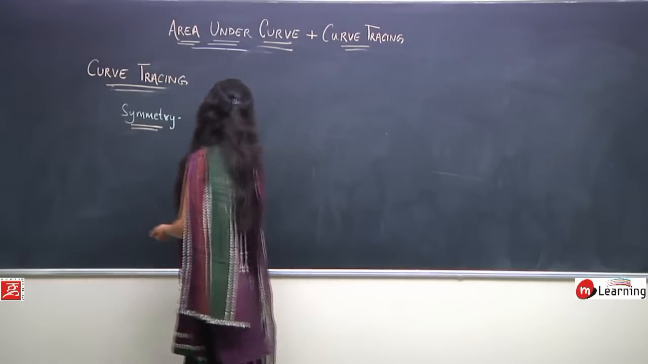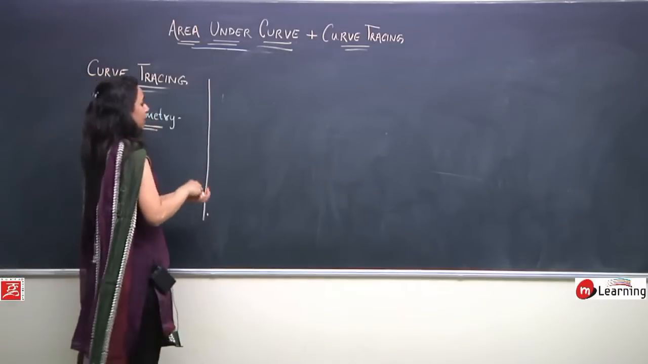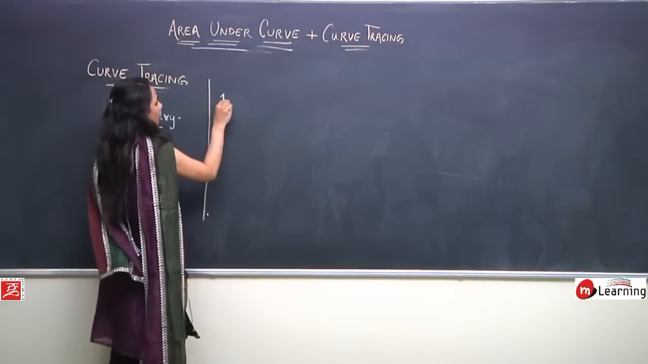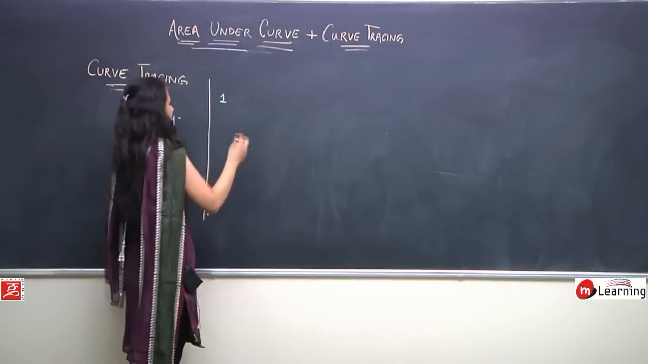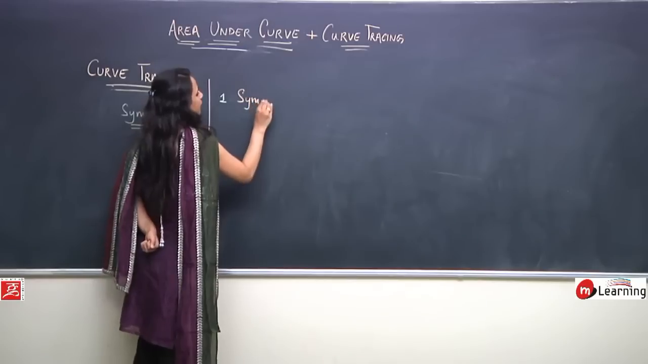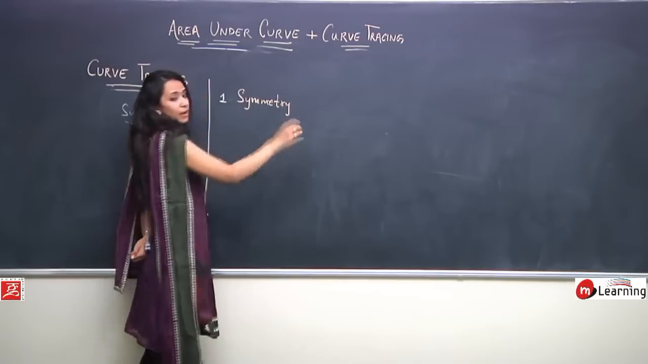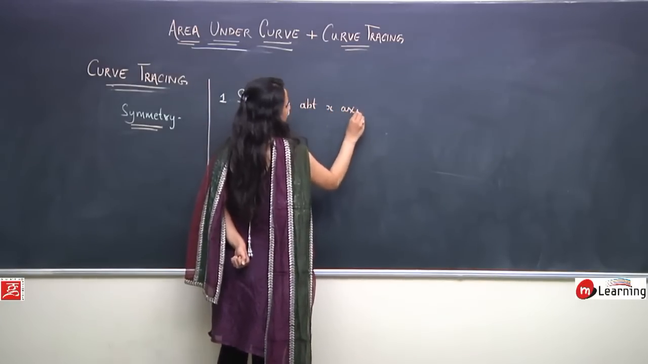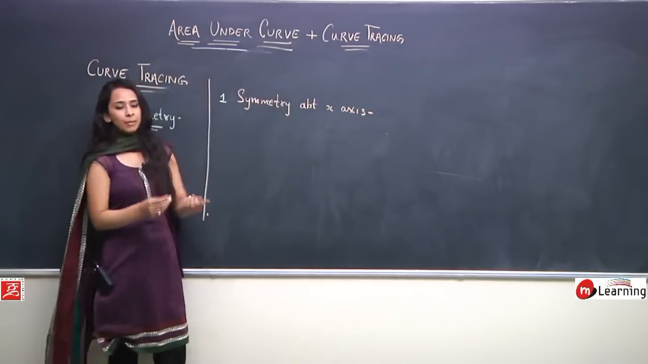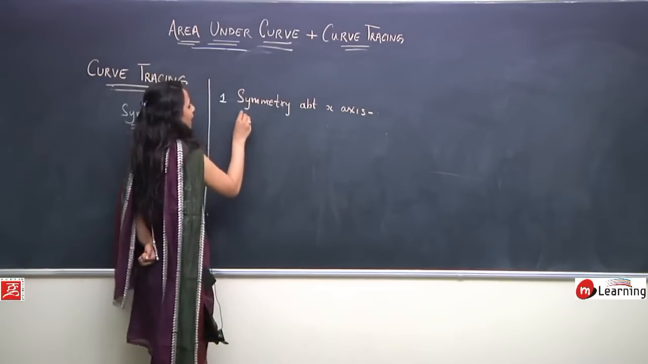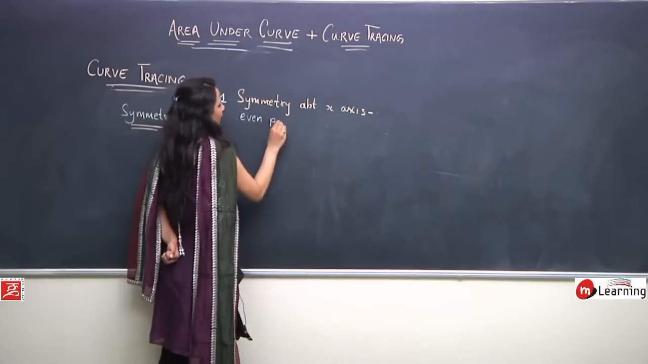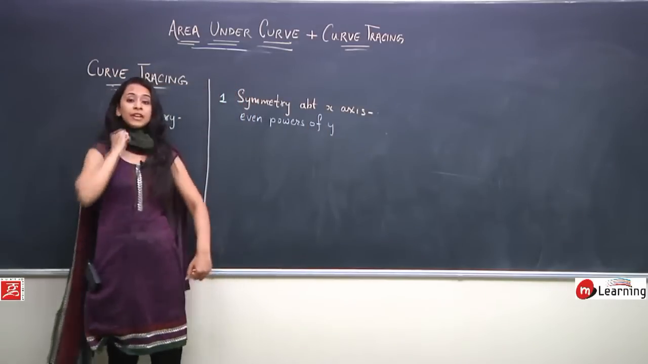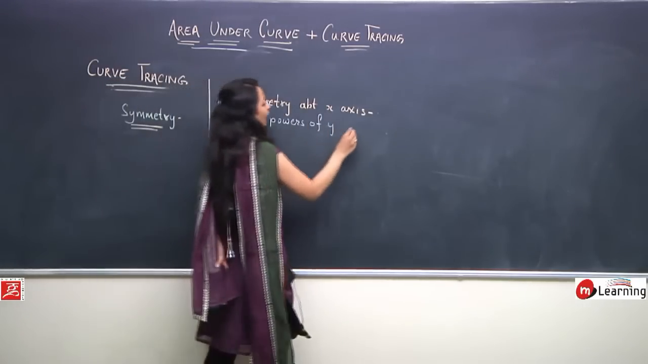For example, we might discuss the symmetry of a curve about the coordinate axis. Let us first discuss symmetry about x axis. So let us see the conditions which a curve should satisfy to be symmetrical about x axis. So we say a curve is symmetrical about x axis if it has even powers of y. And once again emphasizing, it should have even and only even powers of y,